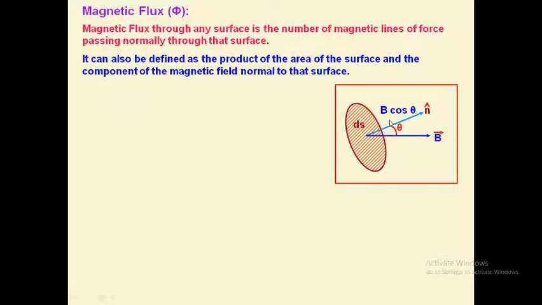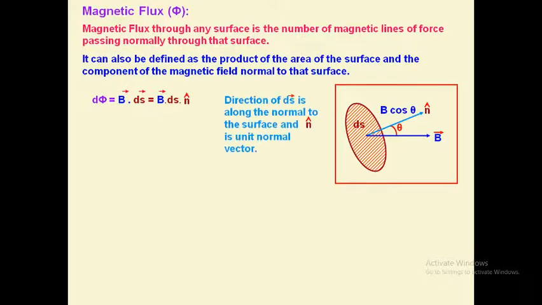So the magnetic flux can be written here as B dot dS or B dS then N cap. You know very well the direction of area vector is along the normal to the surface and N cap is unit vector. So alternately you can represent flux as B dS cos theta,